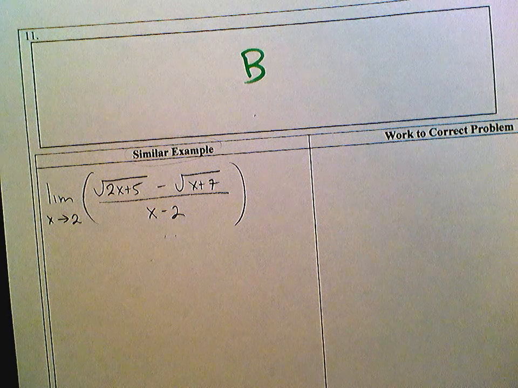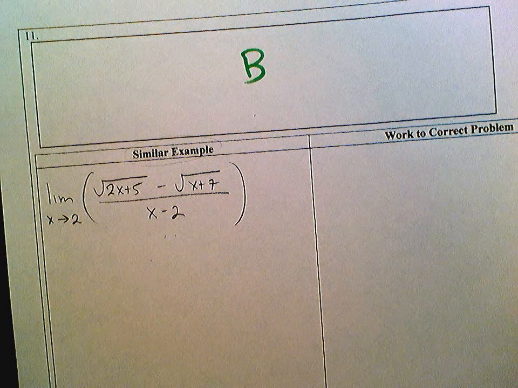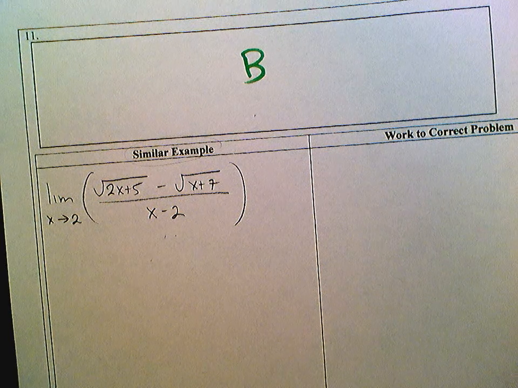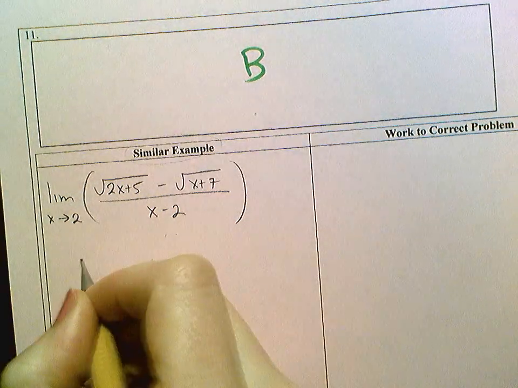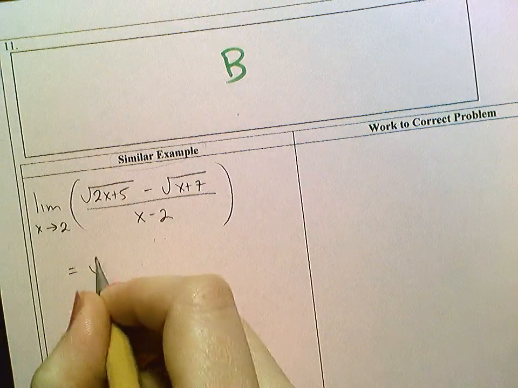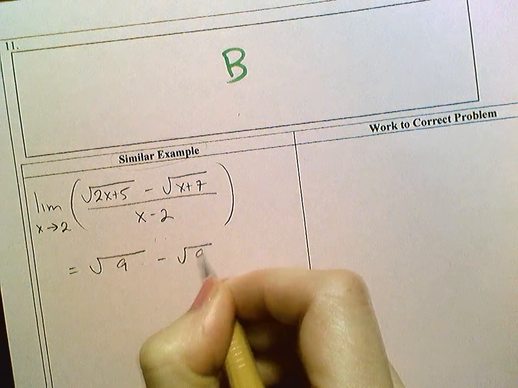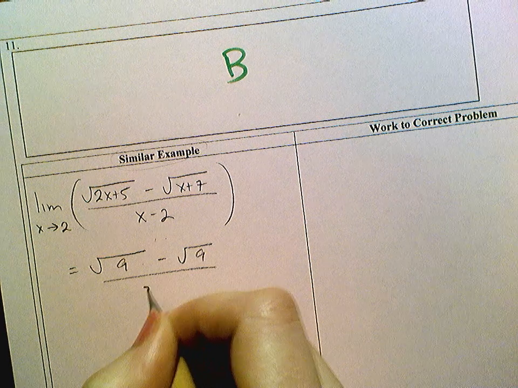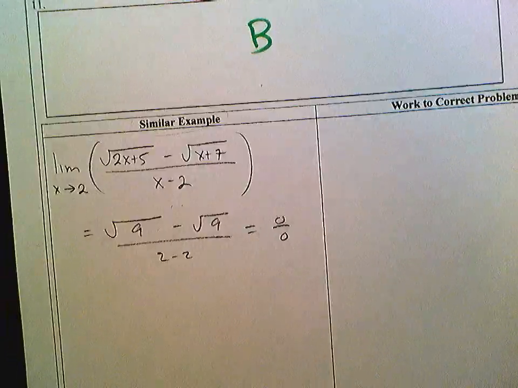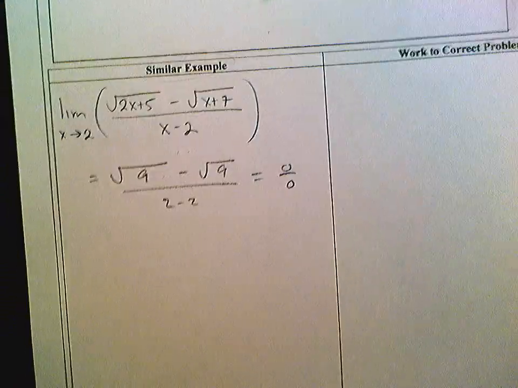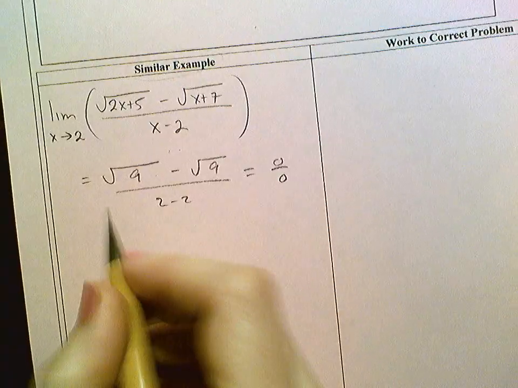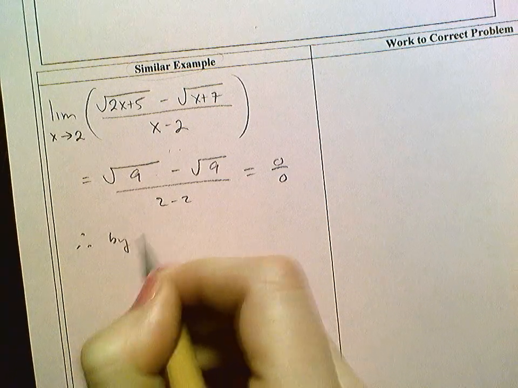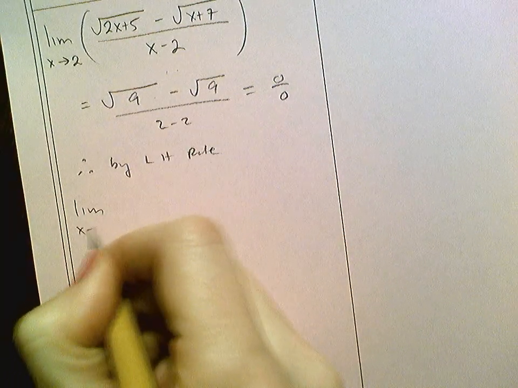This is a limit. So then your brain has to go through the methods for computing a limit. And the first is to do direct substitution. So I go equals, and then this should be radical 9 minus radical 9 over 2 minus 2. This is 0 over 0, okay? This is like the third one with L'Hopital's rule. So I've got to try L'Hopital's rule. So, all right, we could be like, therefore, by L'Hopital's rule, so you go like this,